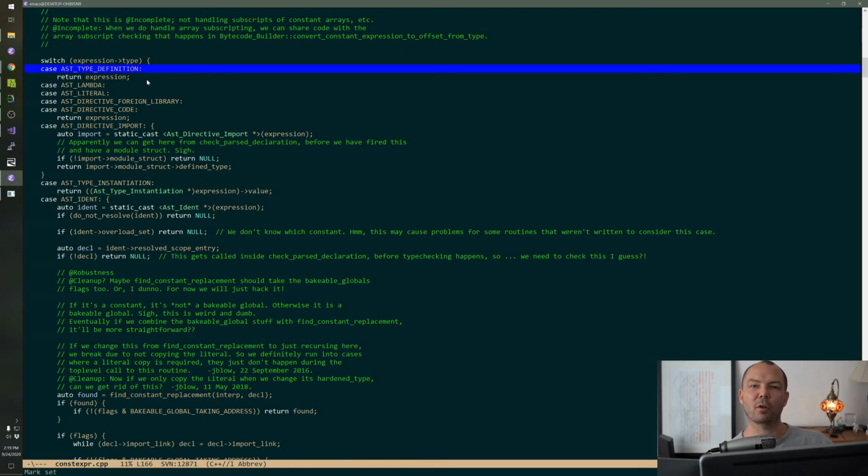All types are constant, right? Because it's compile time programming. You don't invent types at runtime. You can invent types at compile time and then they become constant after you've invented them. But you can't make a new type at runtime. So all types are constant. Procedures are constant. Literals are constant. These directives that produce values are constant, right? Imports are constant.